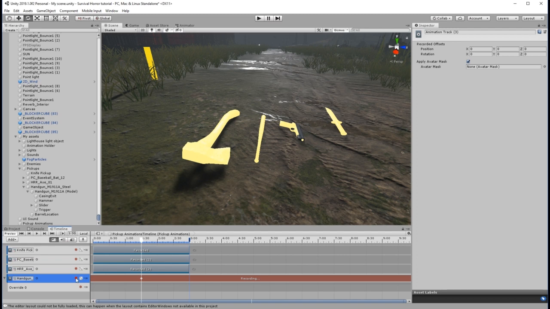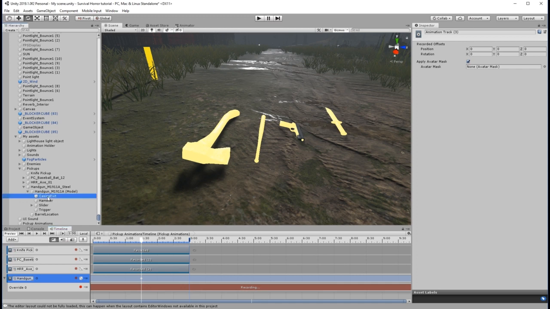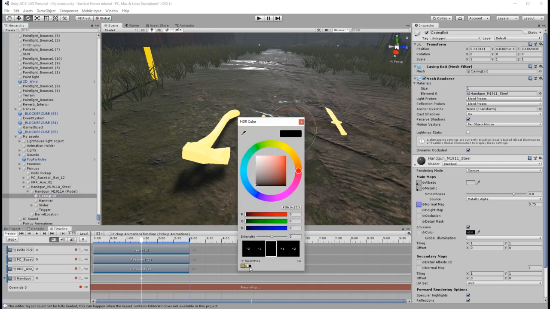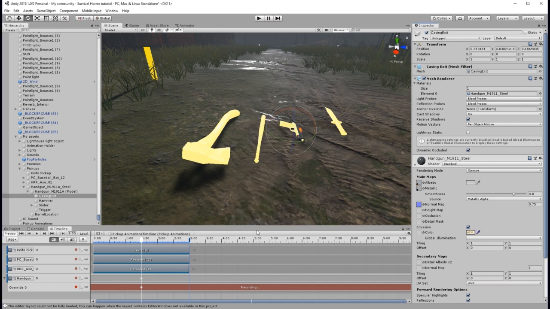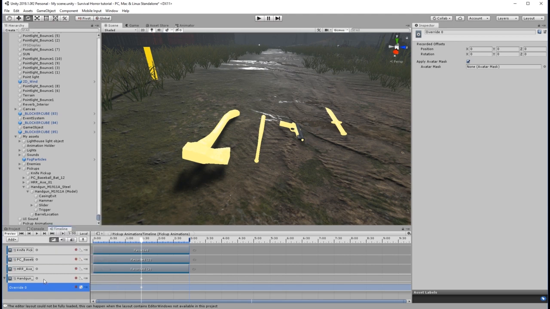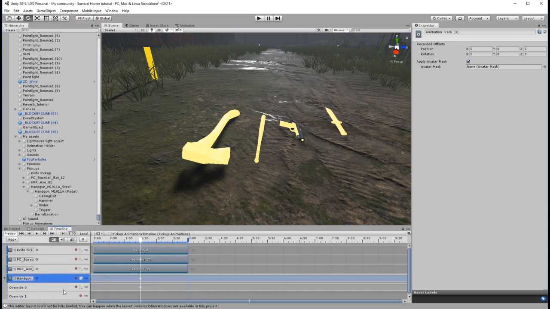Okay, so we're going to press record off that one, press record on this one, and then you need to find the different parts that have this material on it. So you have to do it pretty much the same for all of them, unfortunately. Okay, then we've done that one, so now we need to right click on the top and add another override track,